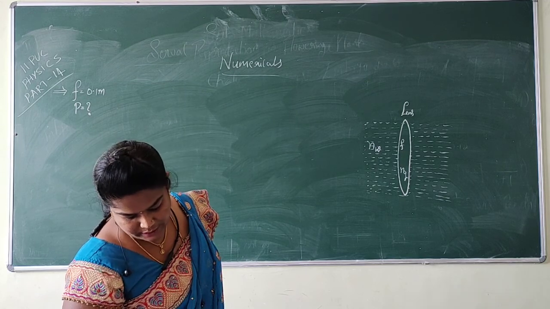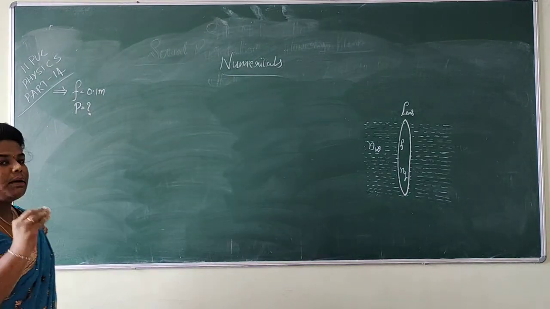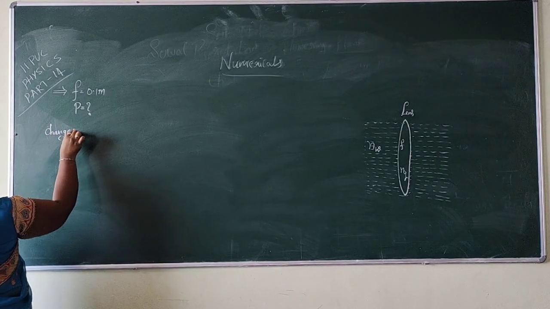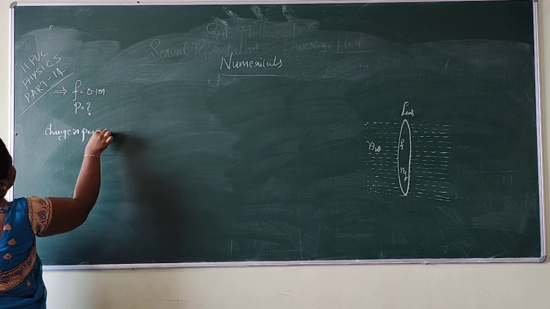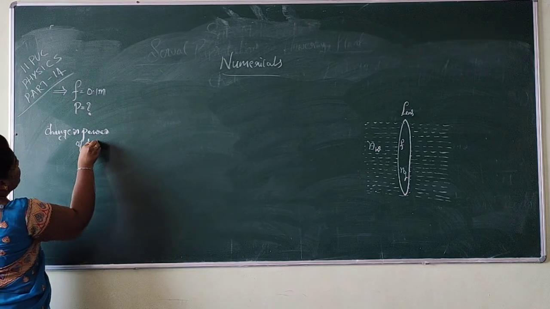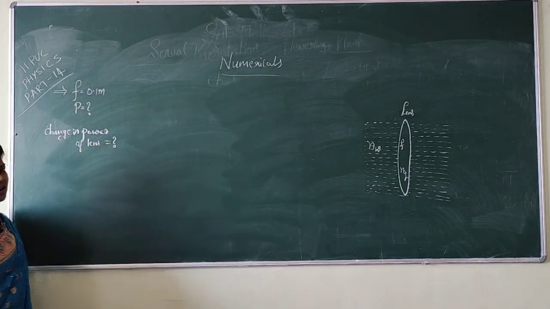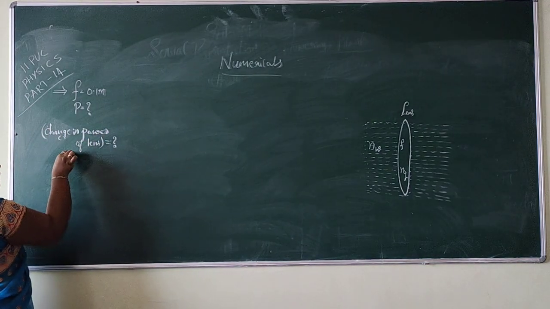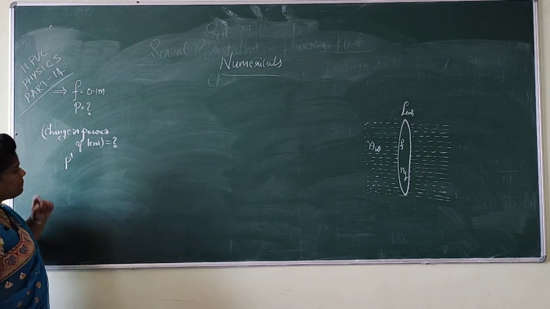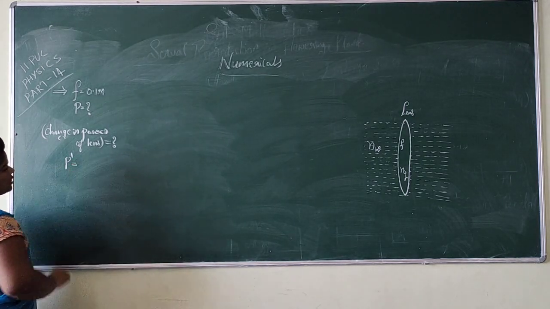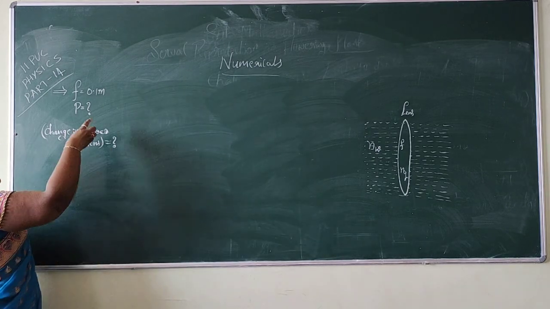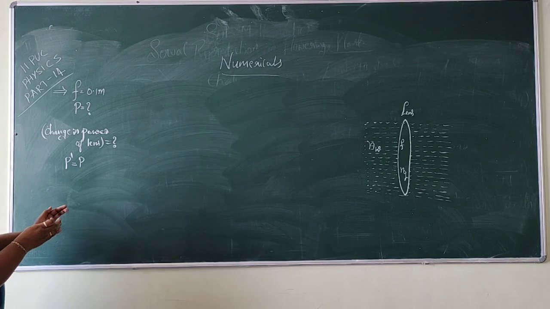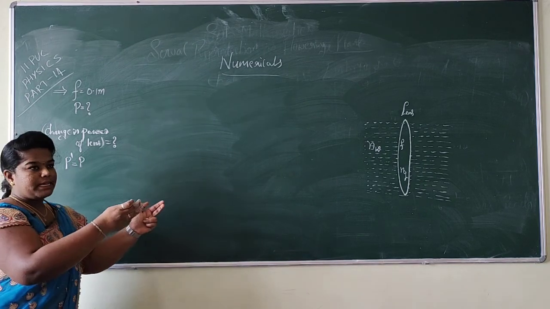So what we should calculate? We should calculate the change in the power of a lens. So that is what? Change in power of lens. Change in power of a lens is equal to question mark. See dear students, rather than writing these many terms, I will just write change in power of a lens as P dash. How to write this P dash? See here. At first, the power of a lens is P. Now, I am just going to take the lens and place the lens inside the